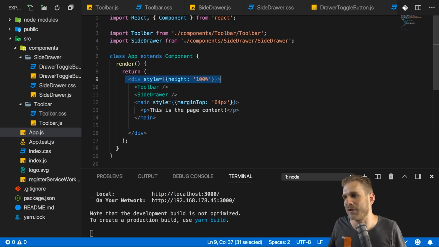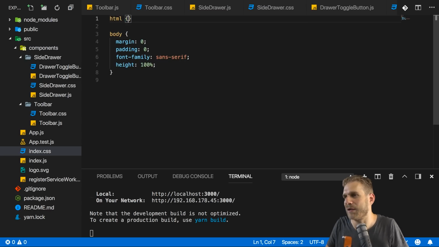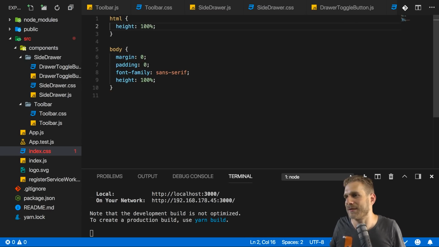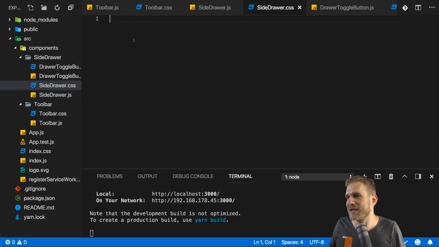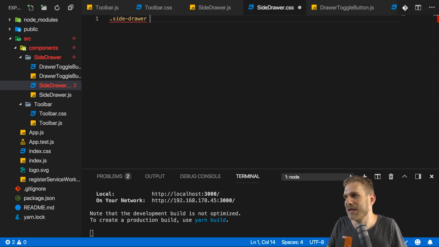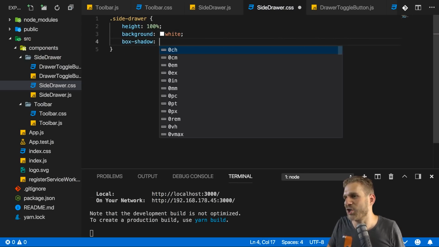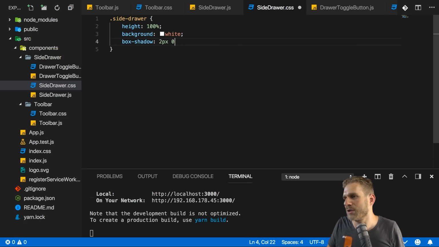So we give this a height of 100%, and then we have to ensure that in our index CSS file, which styles the overall page, we also give our body a height of 100%, and the same for HTML itself. Also give that a height of 100%. With that, we should be able to go to the side drawer, and there we use the side drawer class. We can now style that in our CSS file, give that a height of 100%, give it a background color of white, maybe give it some box shadow, some slight drop shadow to the right, not really to the bottom,